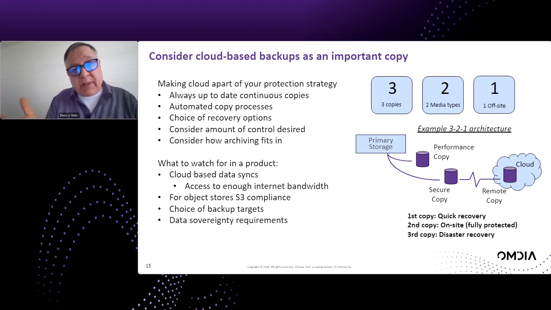So cloud-based backups, this whole idea of 3-2-1, 3 copies, 2 media types, 1 offsite, is still as relevant today as it has been when it was invented. Gee, I don't know when, many years ago. So I'm suggesting that in the new era, you want to keep a performance copy on site. Performance copy, it partly is to make sure you can make your backup within the backup window, but probably more importantly, a performance copy to do a quick recovery so you don't have to do a whole bunch of copies back and things like that.